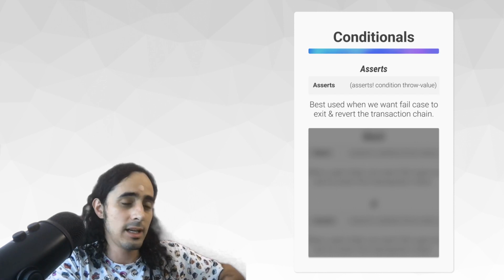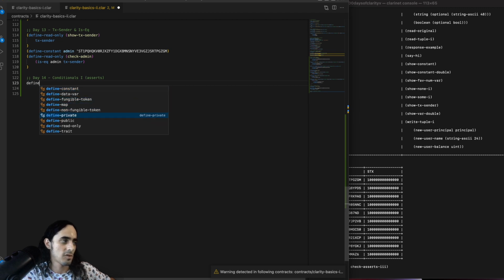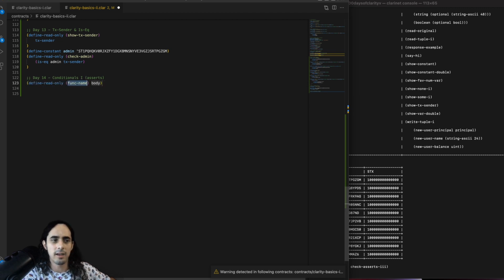Let's open up our IDE and comment in day 14 conditionals. And we're just going to call this one, in parentheses, asserts. Okay. And as usual, whenever we want to test something simple, just use define-read-only. And let's say show-asserts. And we're actually going to provide a parameter here so we can see what happens when it passes and when it fails. And we'll call this num